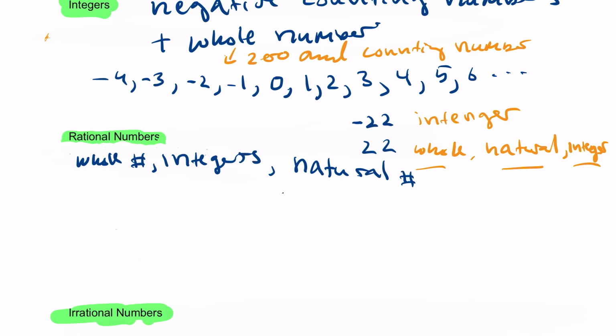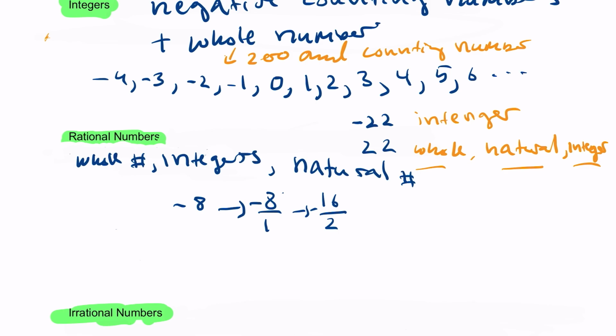So rational numbers: because of the whole numbers, integers, and natural numbers, if I have, for example, the integer -8, then -8 is a rational number. Why? Because -8 you can write as a fraction. For example, you could write it as -8/1. You could write it as -16/2. There are other ways too, but I'm going to stop right here. I don't want to create confusion.